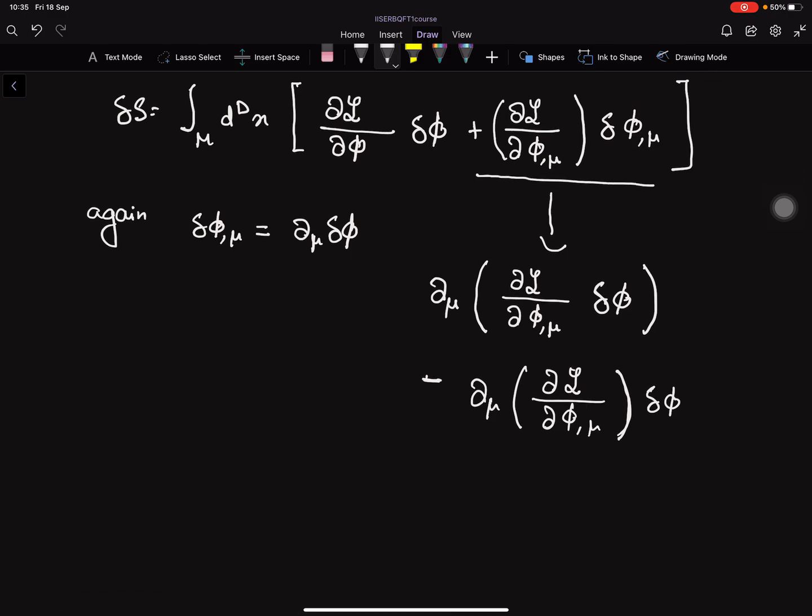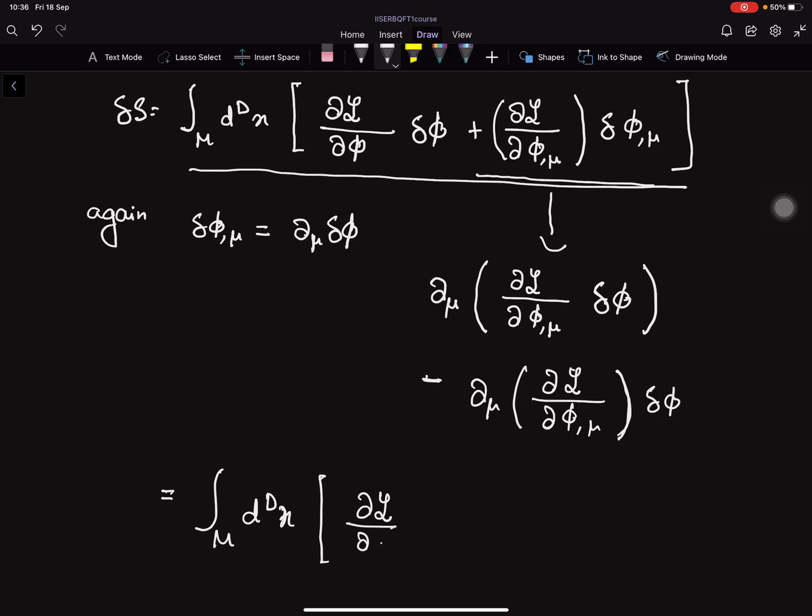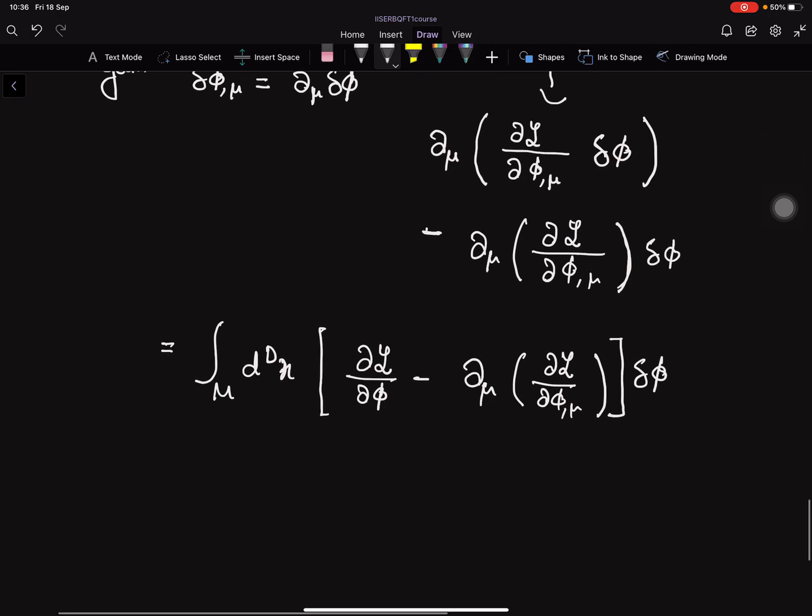If we put it back in this expression, we get the derivative of the Lagrangian density with respect to phi minus del_mu of the derivative of the Lagrangian density with respect to phi_mu, times delta phi, plus d^d x del_mu of